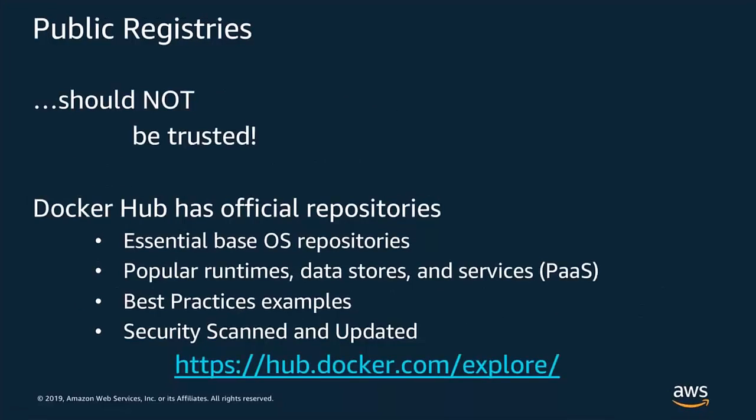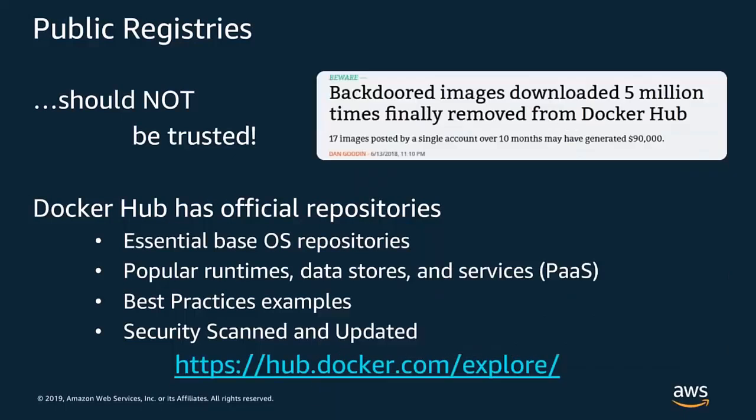On the counterpoint, public registries should not be trusted. There are many cases in which a container image was published that also had a Bitcoin miner but used a common name like nginx. These containers were downloaded over 5 million times and resulted in revenue being generated in the form of Bitcoin using your own container images without your knowledge. Thus, it's very important to make sure that you understand where your registries come from and your images come from,